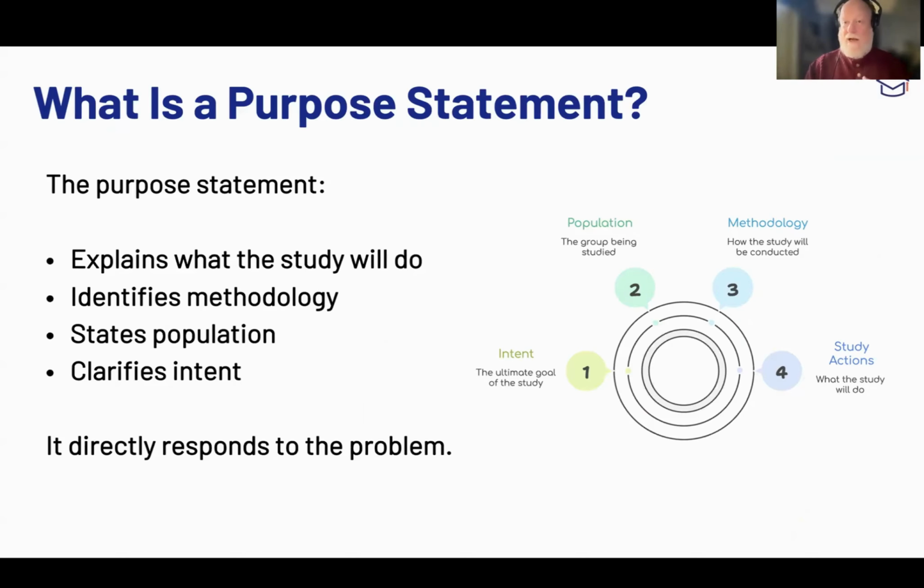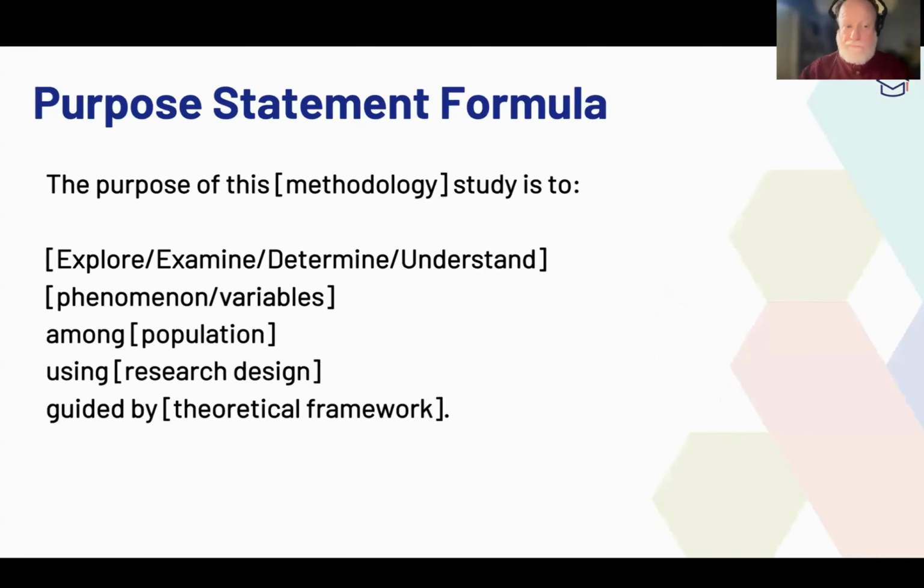Typically the who, the what, the where, sometimes the when, and quite often the how. In other words, what your study will do to address that problem, how you will do it, methodology, and who, if it's a social science type topic, who are the people or the population. Basically, it clarifies the intent, but it is in direct response to the problem. So intent, population, methodology, leading to actions. So now the purpose points us to actions about what we're going to do about that problem.